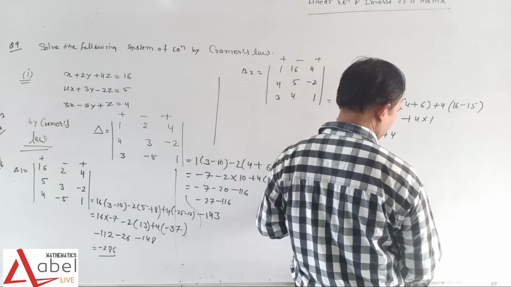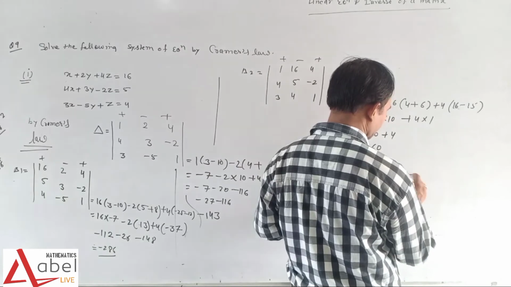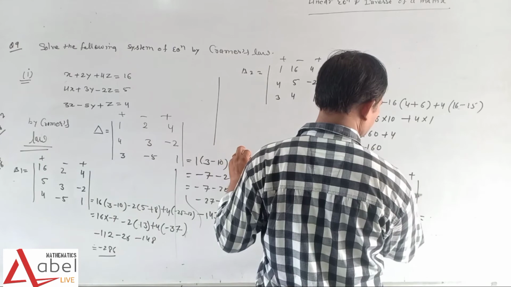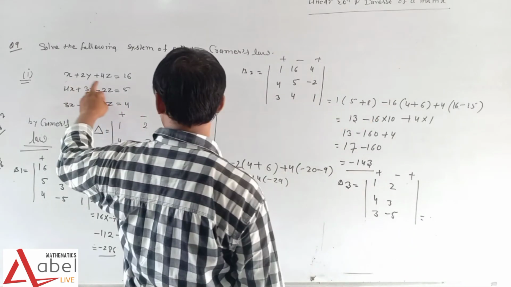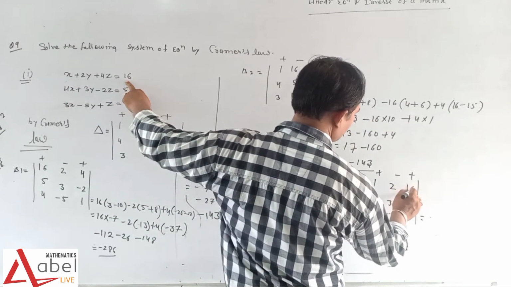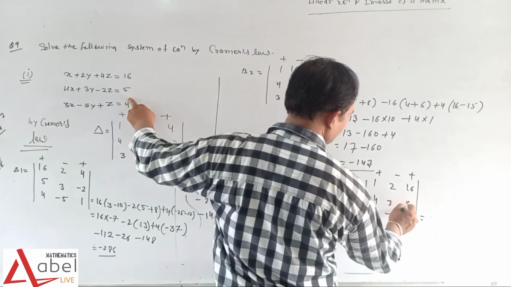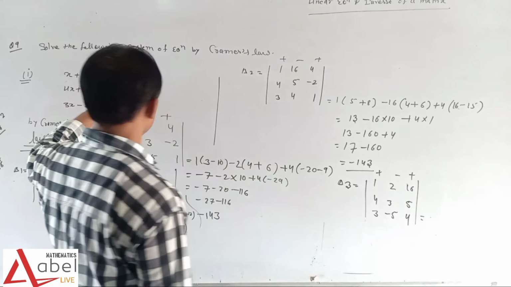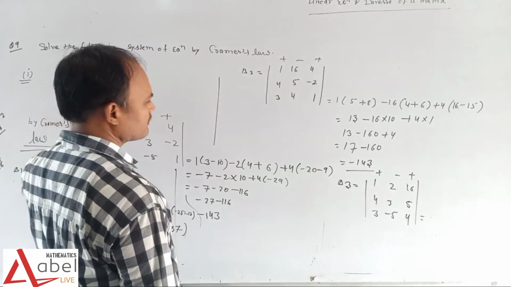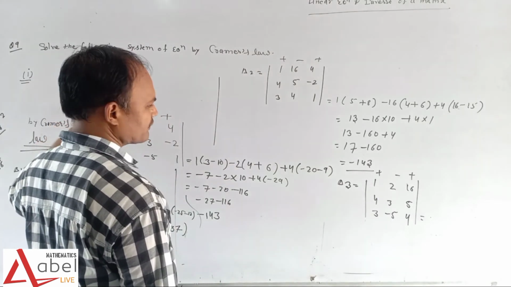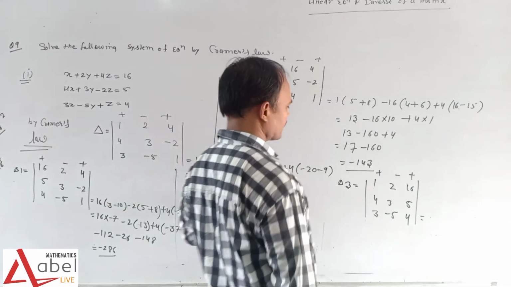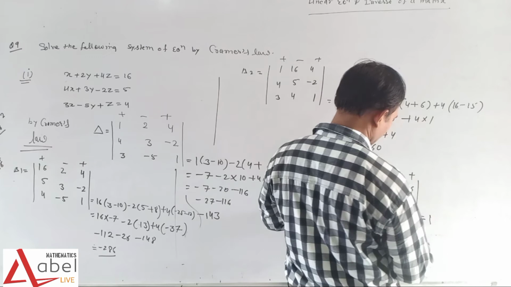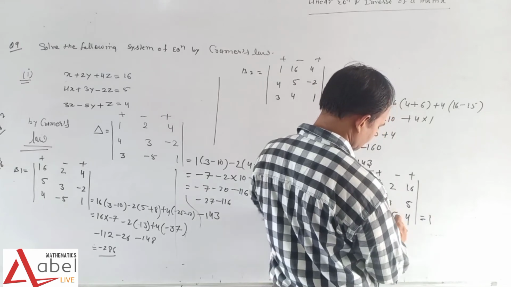Now what we have to do, we have to find the value of delta, so it is plus, minus, plus, and we have to write it here. It is 1 to 16, 5, 4, 16, 5, 4, 1 to 16, 4, 3, 5, 3 minus 5 and 4. Okay, so now we are going to solve. It is 1 and it is 12